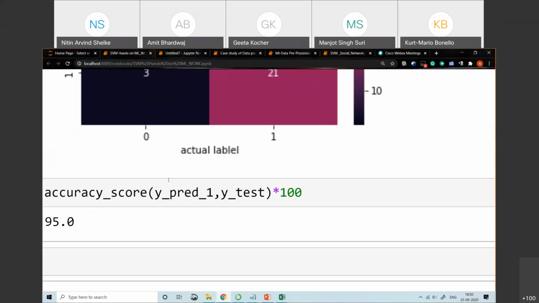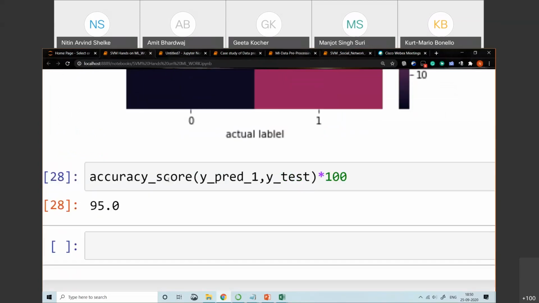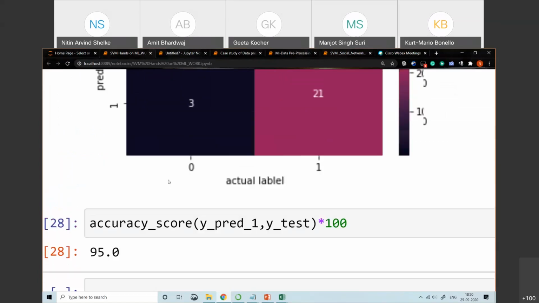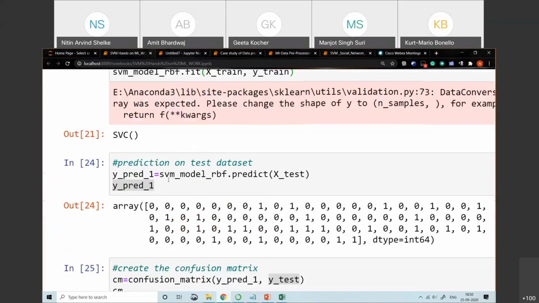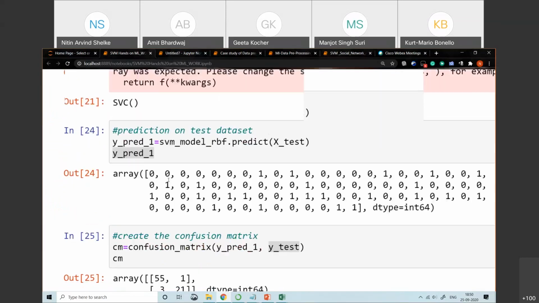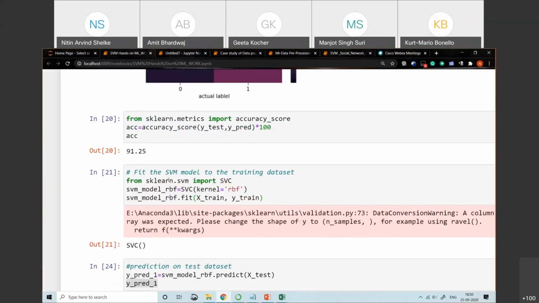Okay, so we'll get the 95% accuracy. Clear? So this is what we have. Let me check one more.